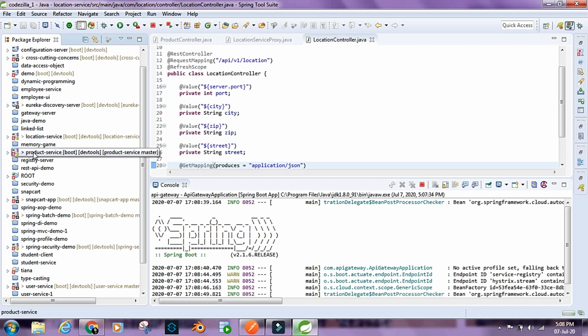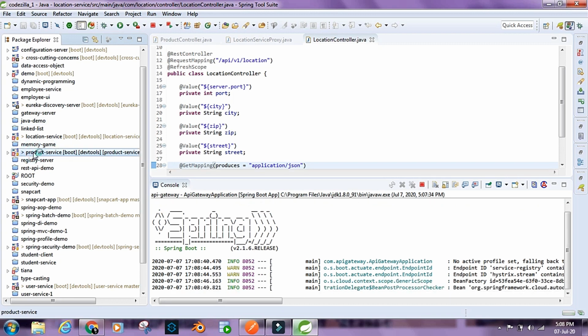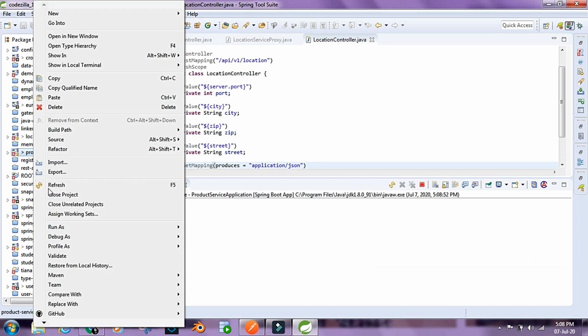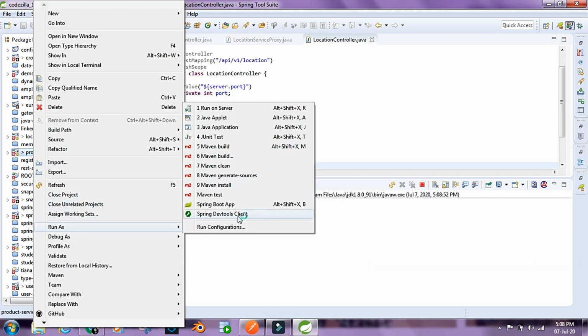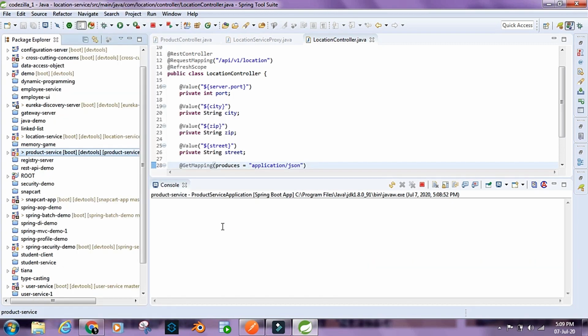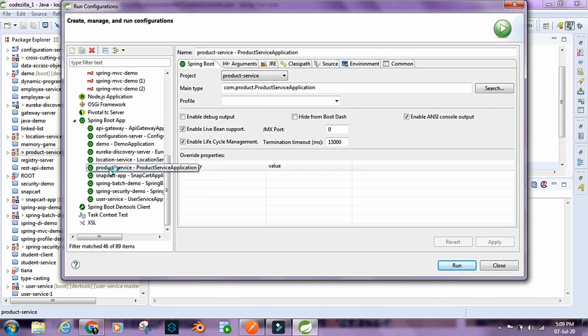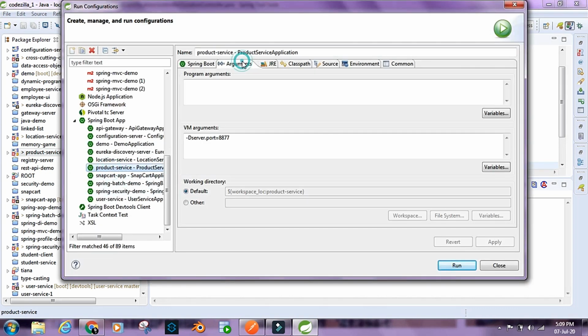and let's start up another instance of product service. So I'm going to right click, run as, run configurations, product service, go to arguments tab. Let's make it 8878 and click on run,